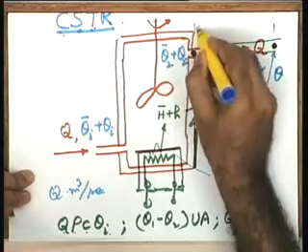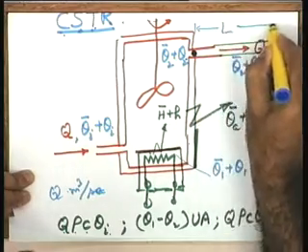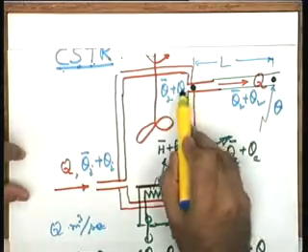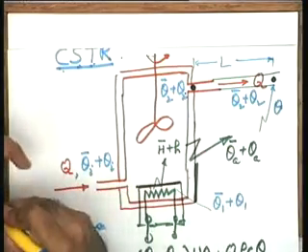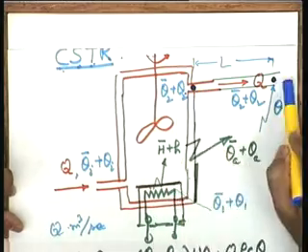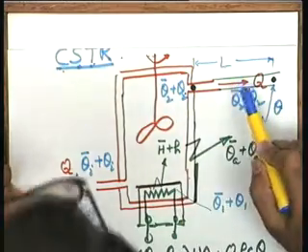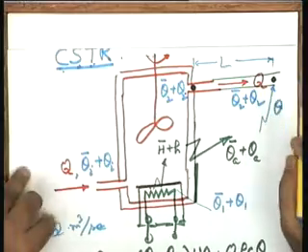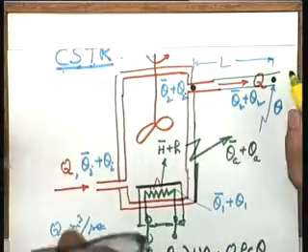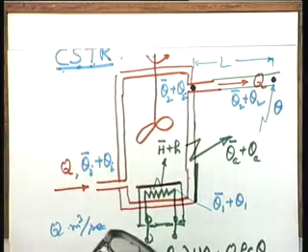Yes, can you help me please? What is the relationship between theta and theta 2? Assuming that this particular length is L, and the liquid is moving with a velocity v, how much time will it take for the liquid to move from this point to this point? L in meters, v in meters per second, please. How much time will it take? L by v seconds, okay.